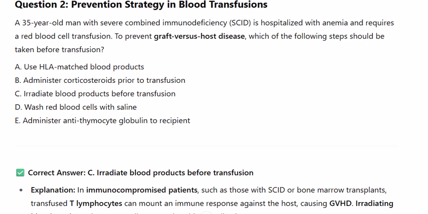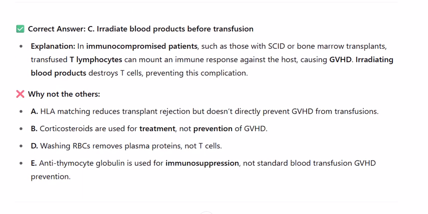Why not the others? A. HLA matching reduces transplant rejection but doesn't directly prevent GVHD from transfusions. B. Corticosteroids are used for treatment, not prevention of GVHD. D. Washing RBCs removes plasma proteins, not T cells. E. Antithymocyte globulin is used for immunosuppression, not standard blood